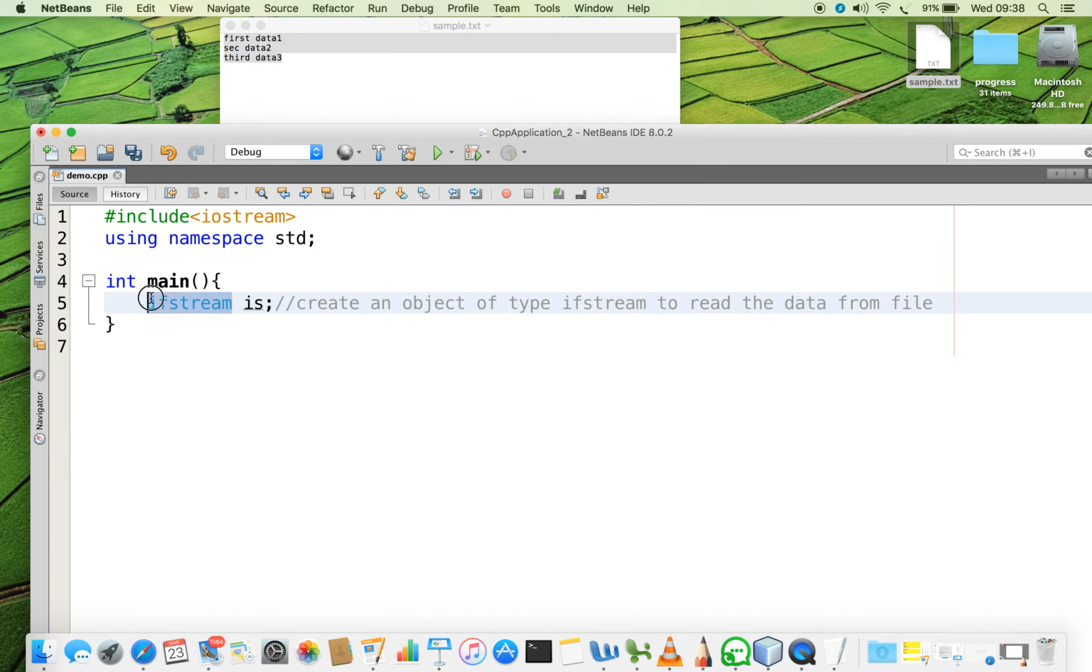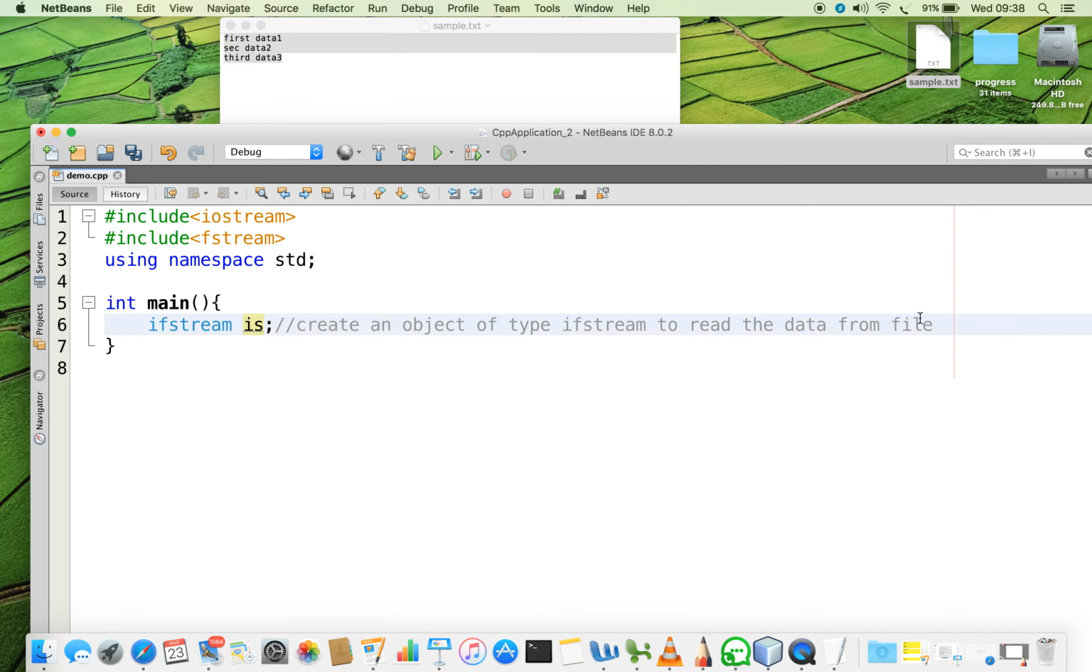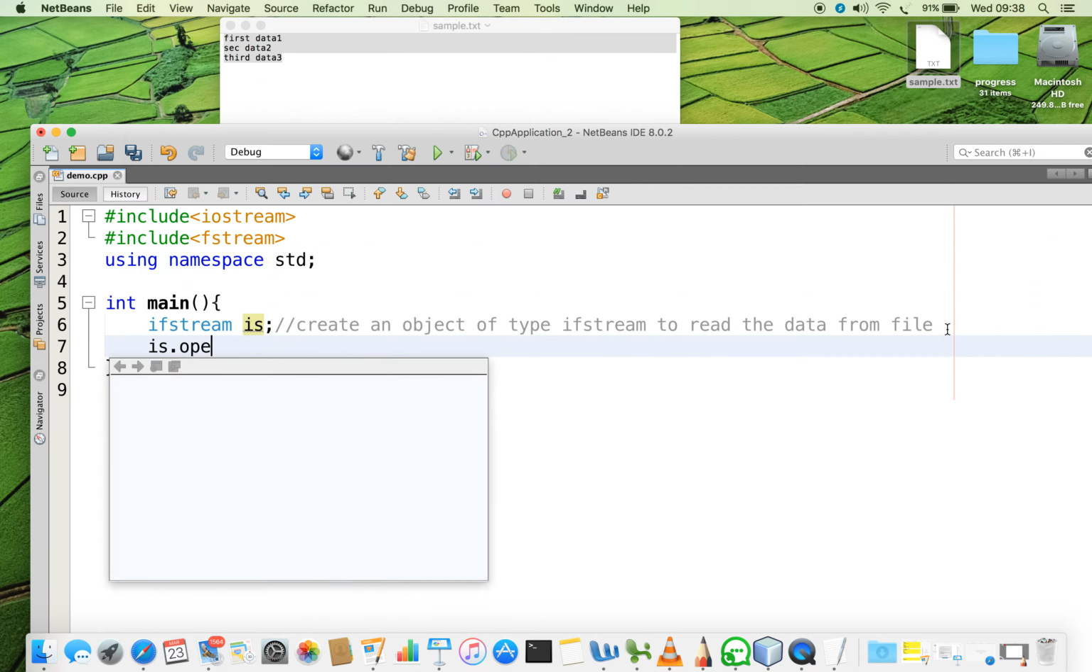And to use this class, we have to include a header file, #include <fstream>, for the ifstream class. So here the object is created. Now using this object, we can call the method open,